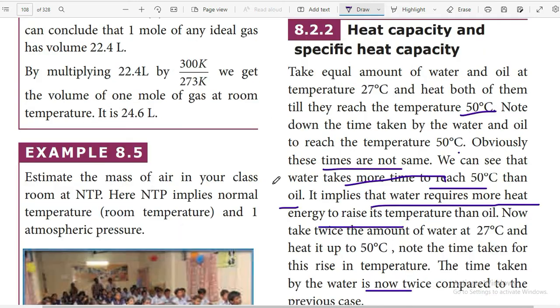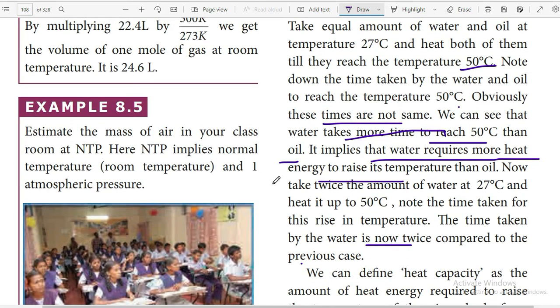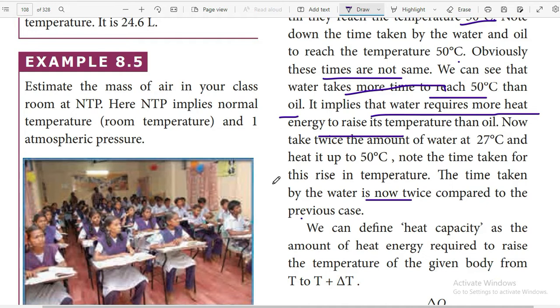One of the reasons for this is that a liquid which is more dense will heat up more quickly, whereas water, which is lighter and less dense than oil, will take more time to heat and reach 50 degrees Celsius. For example, a solid will reach 50 degrees Celsius more quickly than a thicker oil. An oil which is very thick and dense will reach 50 degrees Celsius more quickly because the heat will get transmitted through the molecules which are denser. In a thick oil there are more molecules, so the transmission of heat takes place much faster.